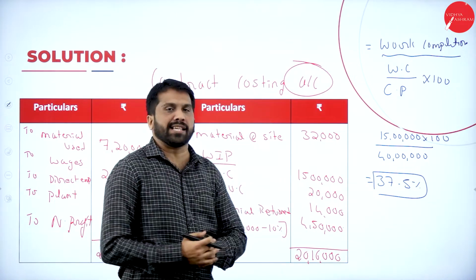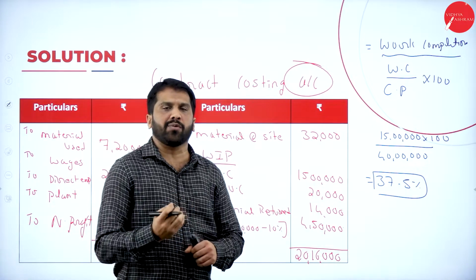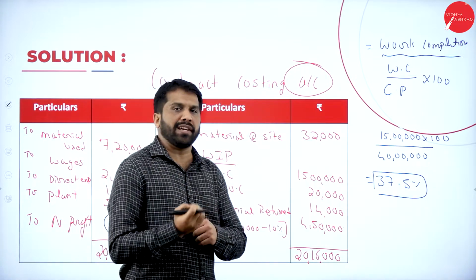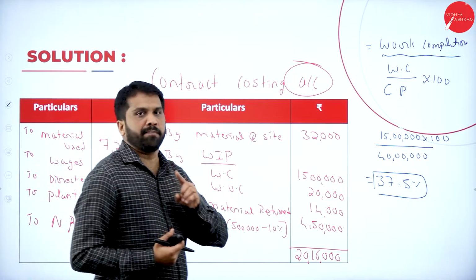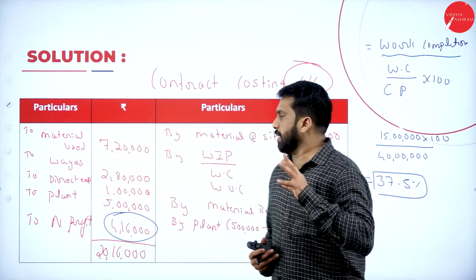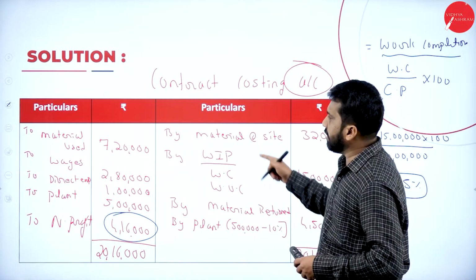So we got 37.5%. Now what is the concept actually? Why did we calculate it? What does work completion mean? Remember, for every problem you should follow the same thing. In your first year, we are doing